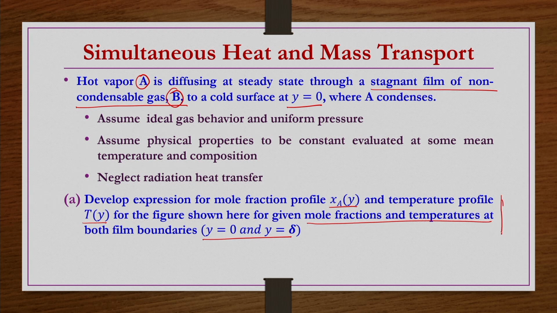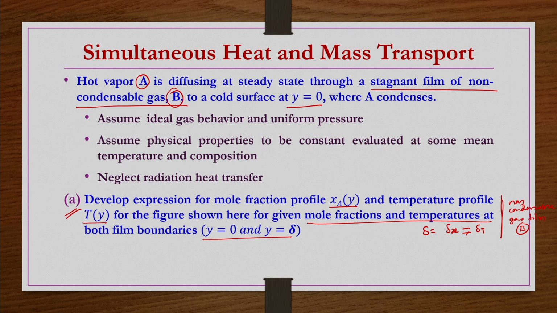So, this we are going to do by taking the non-condensable gas film B, with NBz taken as 0 here, right. Also, when both heat transfer and mass transfer are taking place, there would in general be different film thicknesses, delta x and delta t, but we are assuming that the film thickness is the same, whether for mass transfer or heat transfer. That is the assumption under which we obtain Xa as a function of y and T as a function of y.